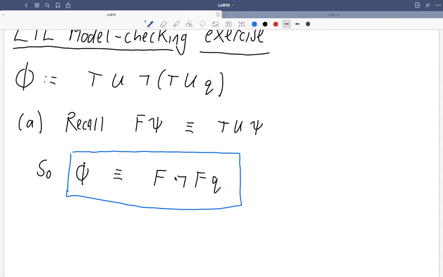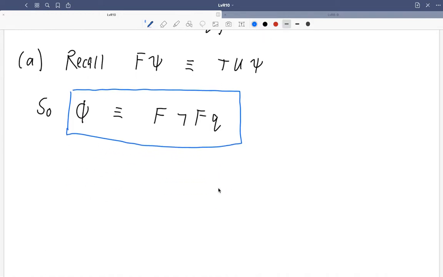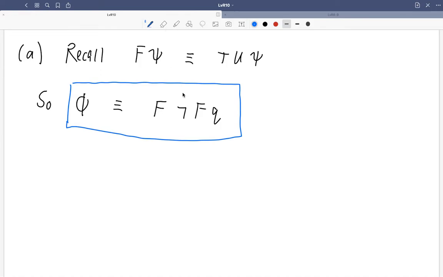So sometime in the future, it will be the case that it will no longer hold in the future. Sometime in the future, it will happen that for no further time in the future, Q will hold. But if we want to move the negation around, which we may or may not want to do, this is already a perfectly sensible answer to the question, but still we might want to move the negation around, so we might recall also that